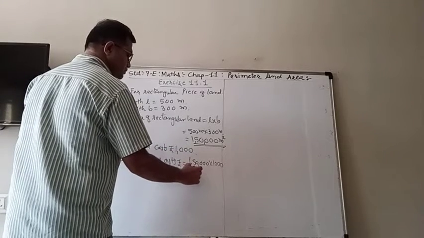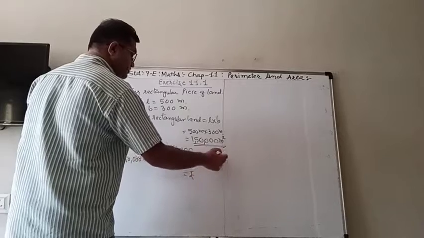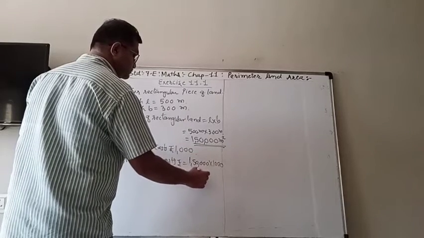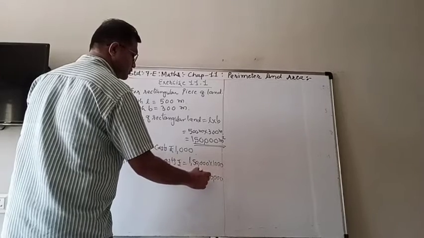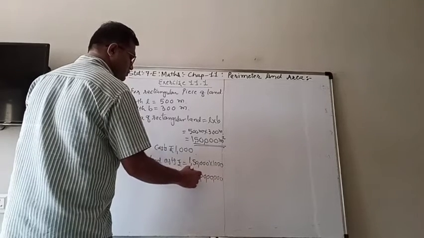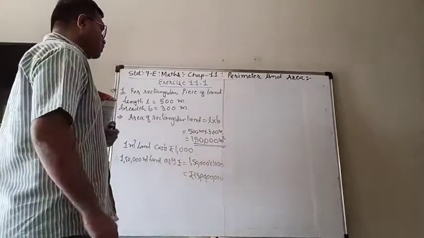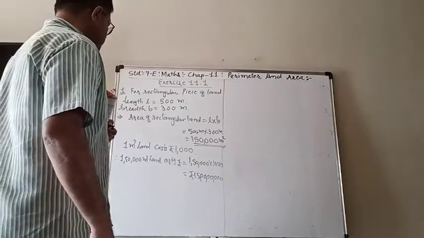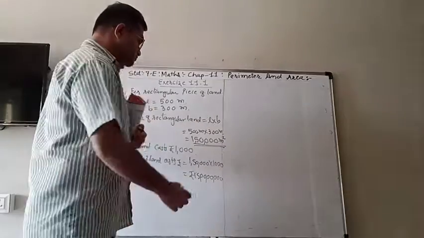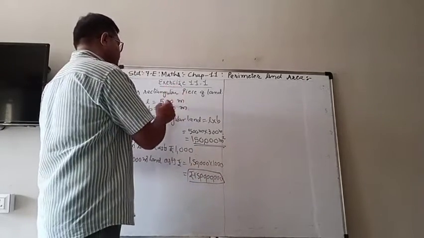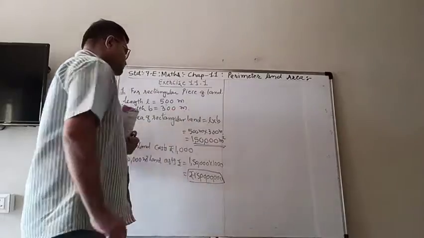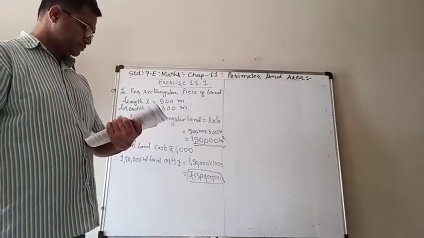So we will have to add 3 more zeros on it. Means 15 crore rupees. So if you have the land whose length and breadth are 500 meter to 300 meters,